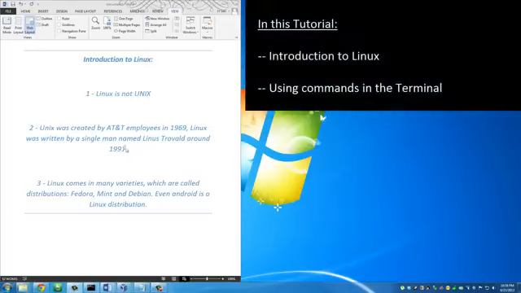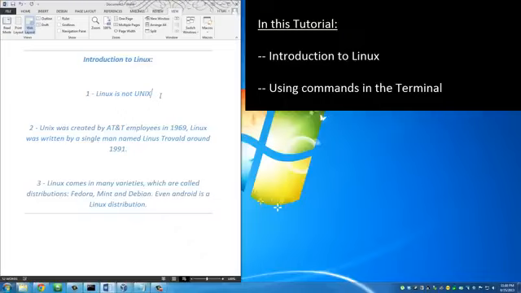In today's video, I will give you guys a quick introduction to Linux, and I'm going to show you how to use some very useful introductory Linux commands using a terminal window. Now, just to be clear, this is a course for beginners who want to learn how to use commands on a Linux terminal. Now, for those of you guys who are not familiar with Linux at all, let's give you